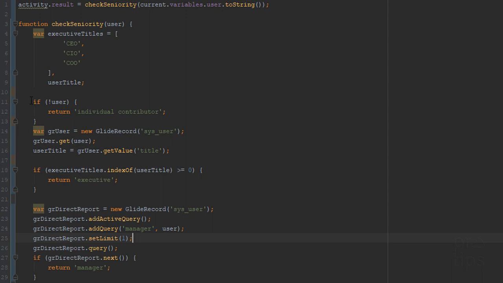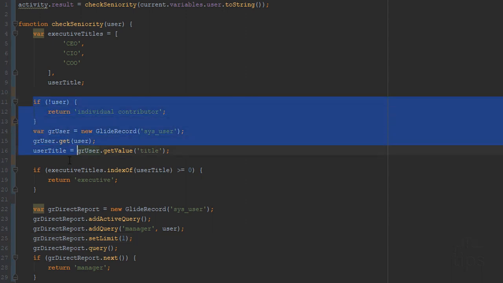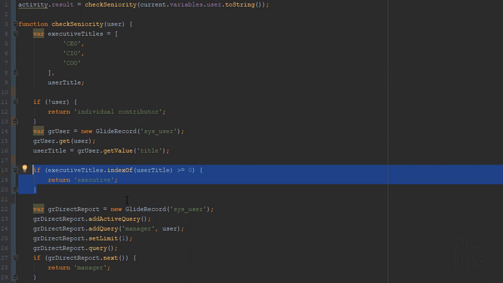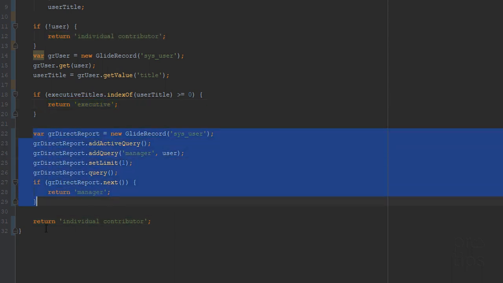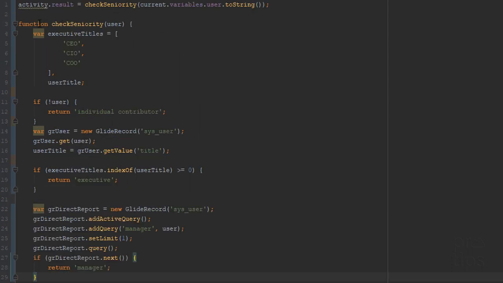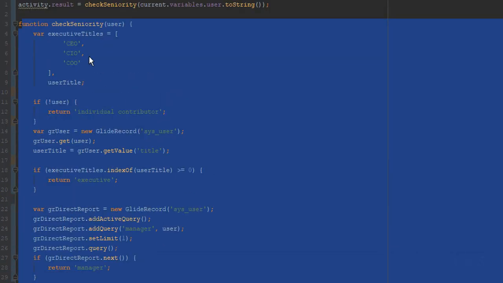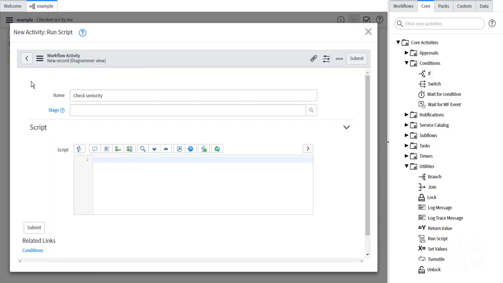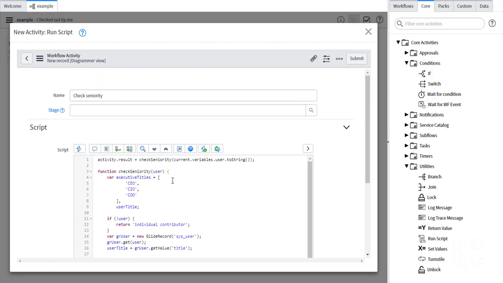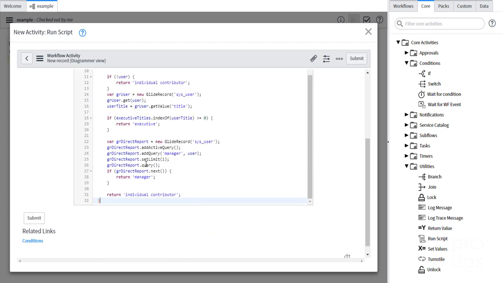So the first thing that we did is we checked this simpler thing first. We checked the title, which we got from the GlideRecord that we already had. And only if that didn't cause us to halt execution on this function by returning, only then do we do the work of checking if the user is anybody's manager. So now that we've got that function written, and we're calling it and setting activity.result to the results of that function, we can take this whole script, drop it into our workflow activity script here, make sure we don't have any errors, everything looks good,